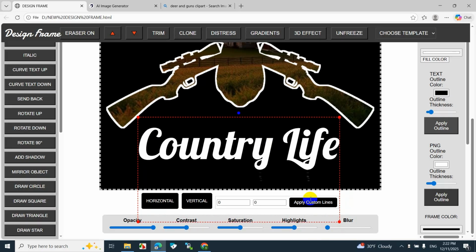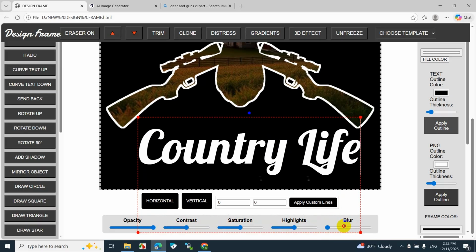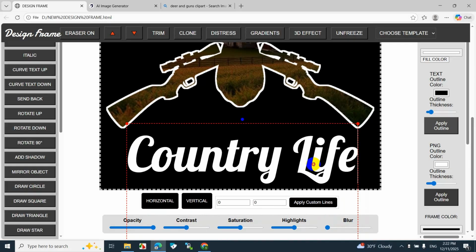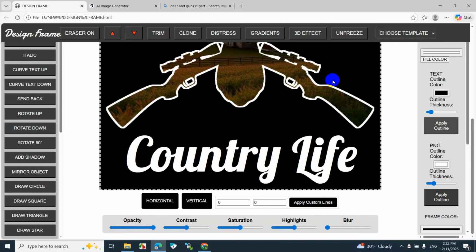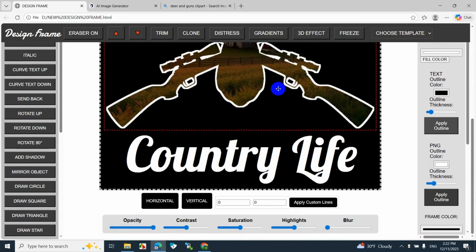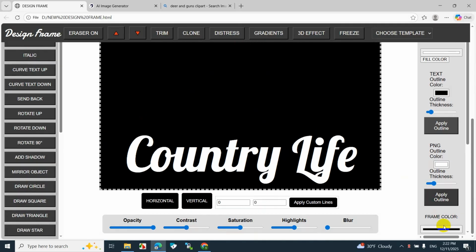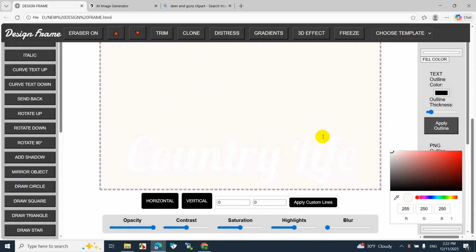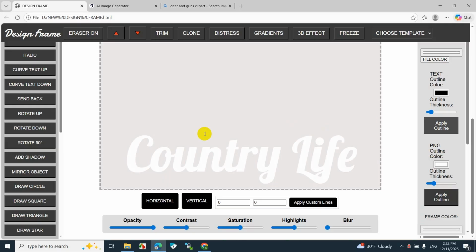It's okay, no problem. I think I just had an idea. I'm going to remake this design again. So let's unfreeze and get rid of this. You can do the same color, but I'm going to do the entire design this color. So I'm going to get rid of that and go back to maybe a darker gray color so we